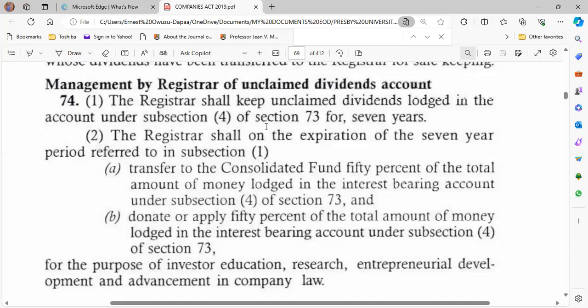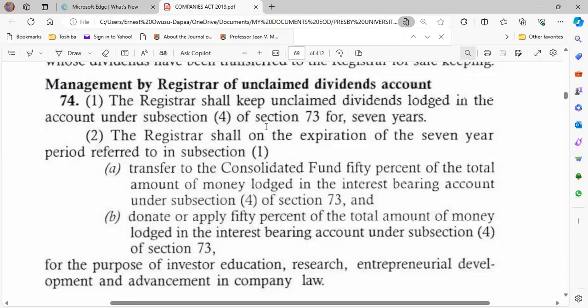So those of you who are doing dissertation, right? I've raised a lot of issues which give a lot of food for thinking, and we can build projects around it. So why is it that the company was not allowed by the lawmaker to hold on to the unclaimed dividend for, let's say, 3 years? Just to be modest, 3 years before handing it over to the register of companies, so that probably the register of companies also hold on to it for 4 years before any further direction, as we have under section